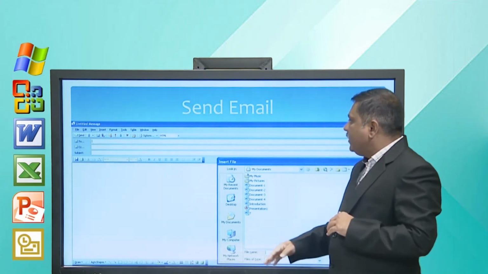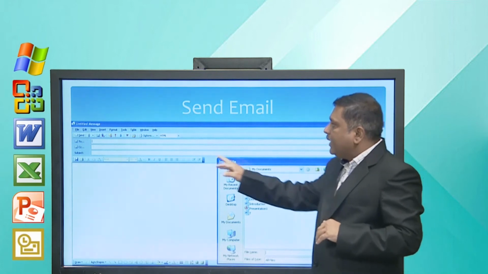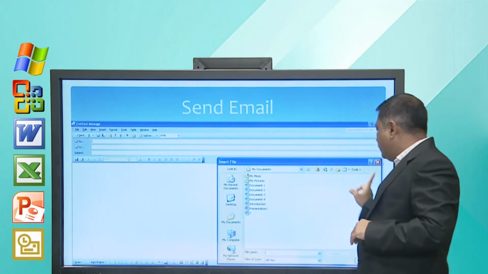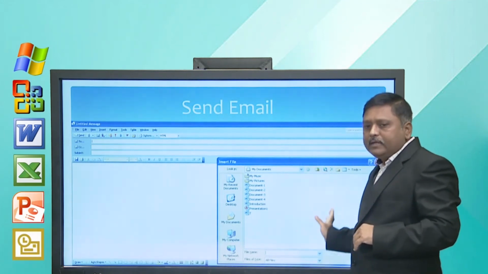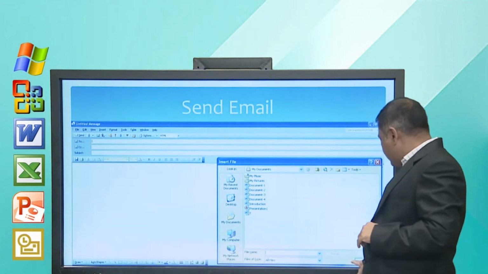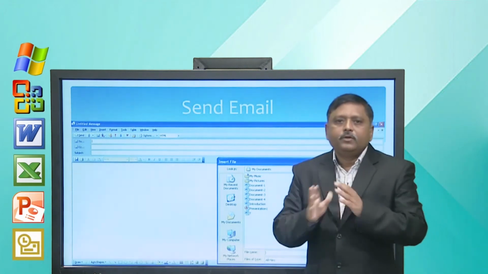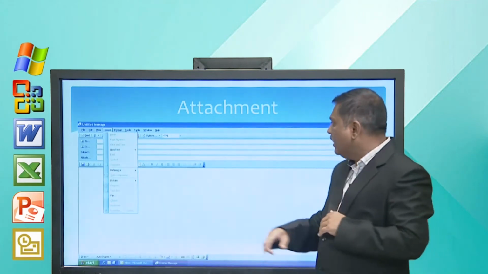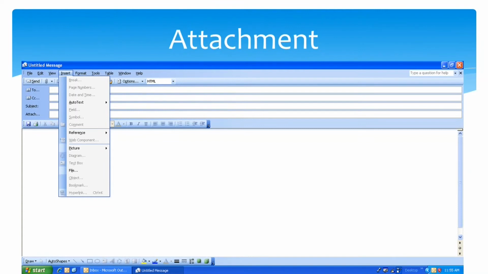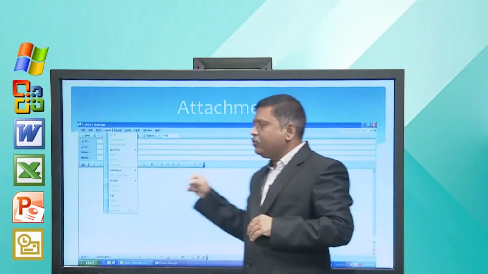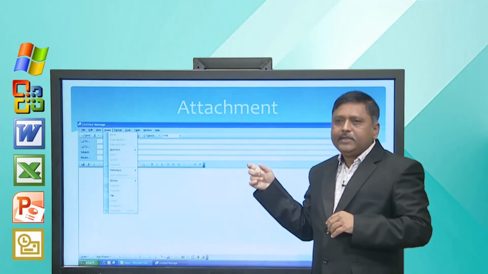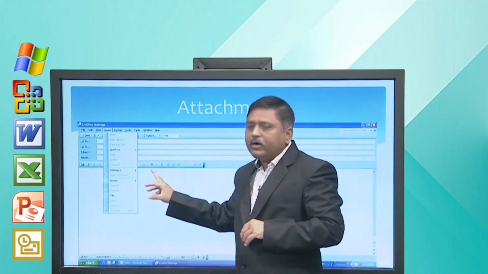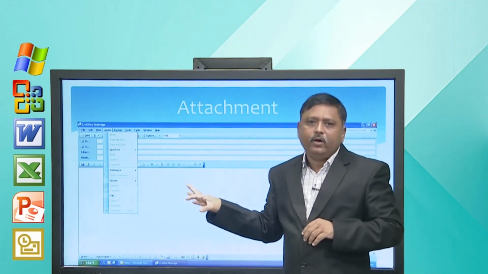Not only that, you can attach a file by clicking on this attach button, and this attach button will open this dialog box where you can select your file and then press insert, so that it is attached to your email. Now, here you can see there is an attached line where it shows the file that you have attached with the email. Not only that, you can also insert auto text, a picture or any other file inside your email.